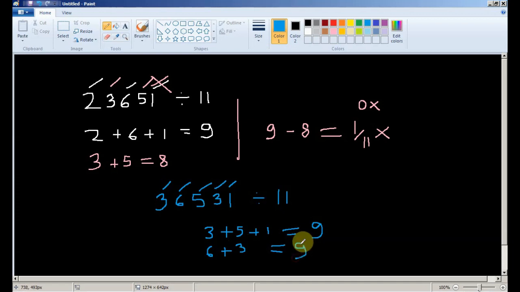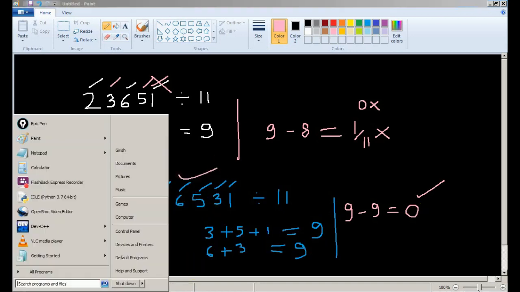So I'm getting 9 in both cases, and all I have to do is subtract 9 from 9 and I get 0. So one of my conditions is met. The sum of all the odds minus the sum of all the evens gives me 0. So this means that the number is divisible by 11.